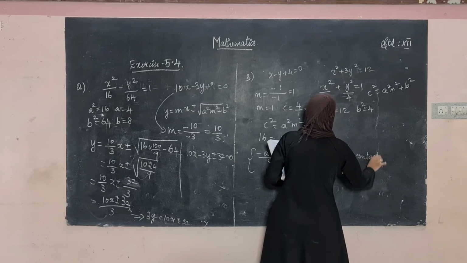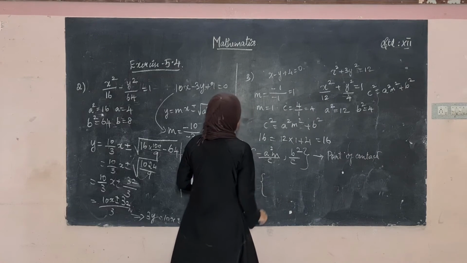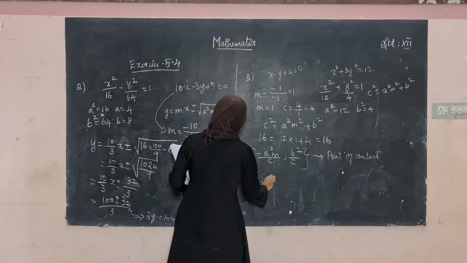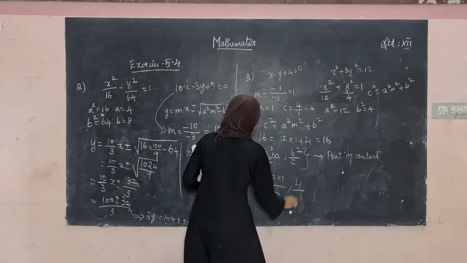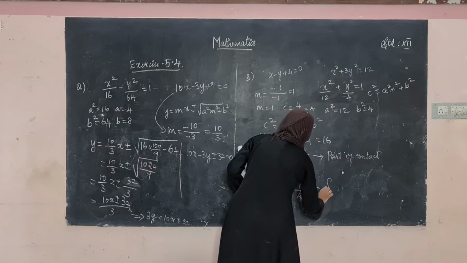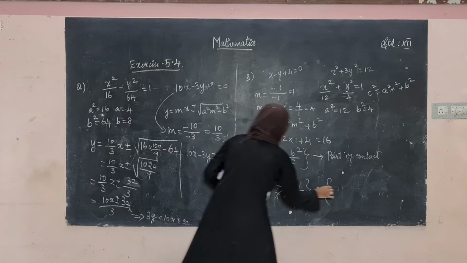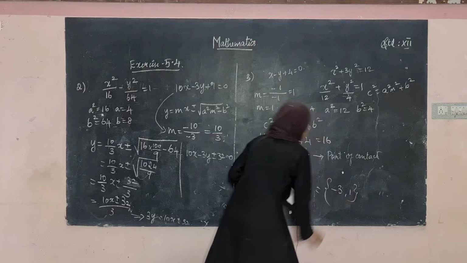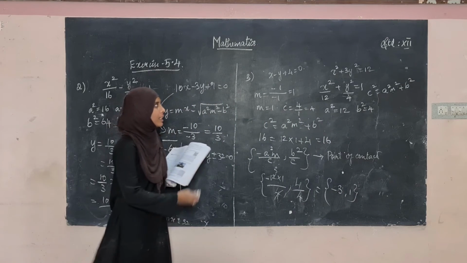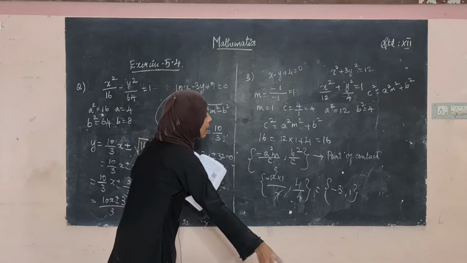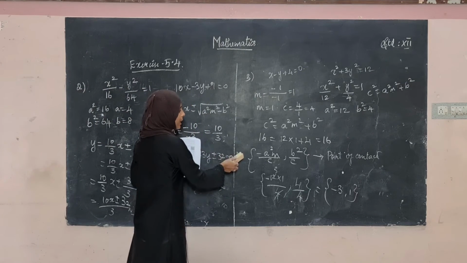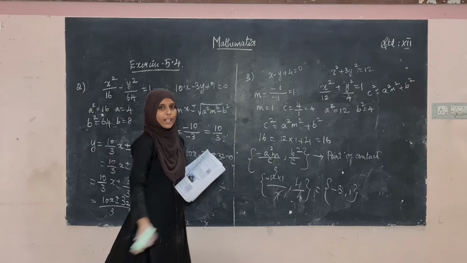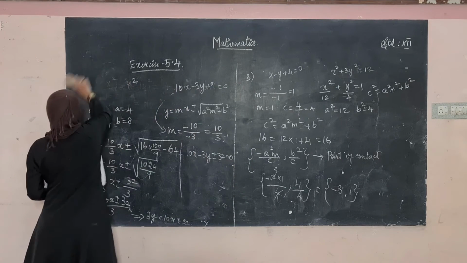So point of contact. Now we can substitute here, what is minus a square? a square is 12 into m is 1 divided by c is 4, comma, what is b square? b square is 4 divided by what is c? It is 4. So what's the answer? 12 by 4 is 3. So minus 3 comma 1 is the point of contact of the tangent and the ellipse. Minus 3 comma 1 is the point of contact. The thing is, you have to mug up the formulas. After finding the formulas, you can substitute the values and you can arrive at the answer. Simple thing. Now we can move on to the fourth sum.